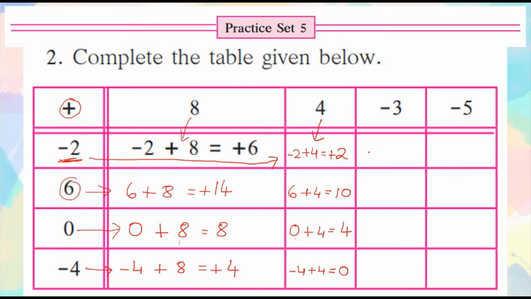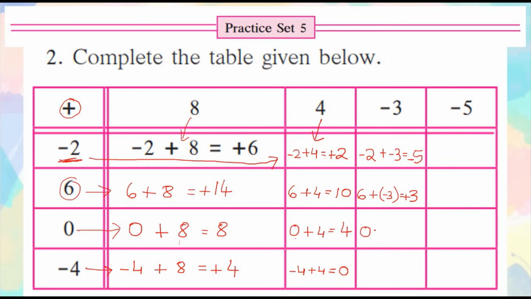Okay. So the third column, first I will write minus 2 plus minus 3. Now both are having same signs, so again we are going to add them. So 2 plus 3 is 5 and then write down the common sign for both the numbers, that is minus. So my answer will be minus 5. Similarly the next one, 6 plus minus 3. So integers having opposite signs, so I am going to subtract. After subtracting, my answer will be 3. And then the sign of the greater number is plus.